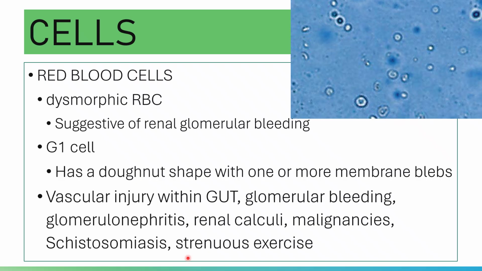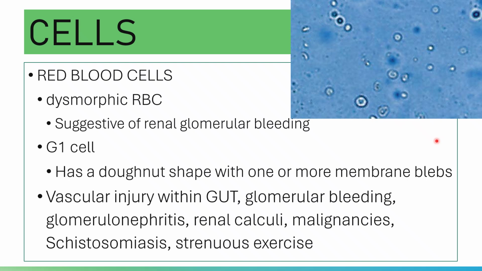Okay, it can lacerate the tubules. Physiologic causes like strenuous exercise will also cause red cells in the urine. But please note that when increased numbers of erythrocytes are found in the urine in conjunction with erythrocyte casts, bleeding may be assumed to be of renal origin.